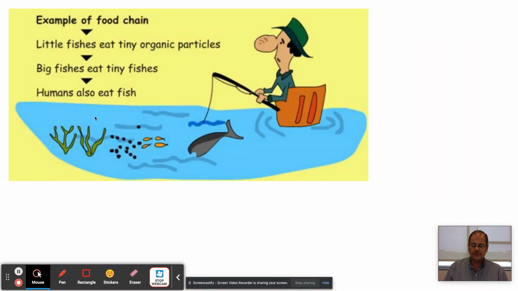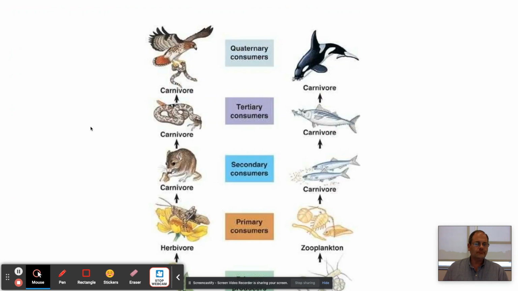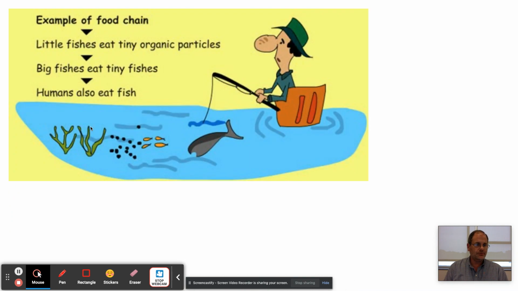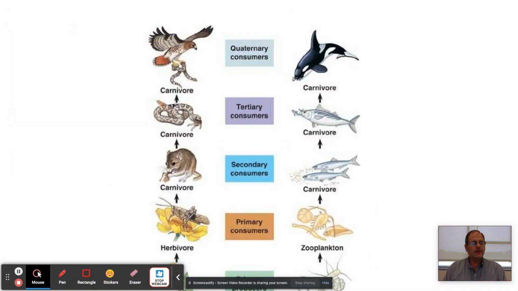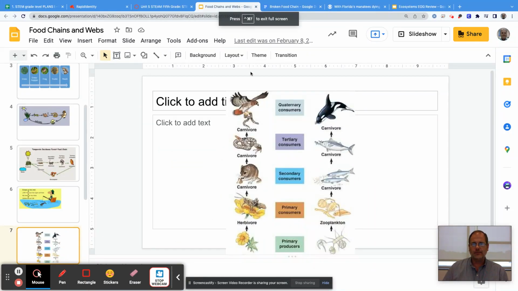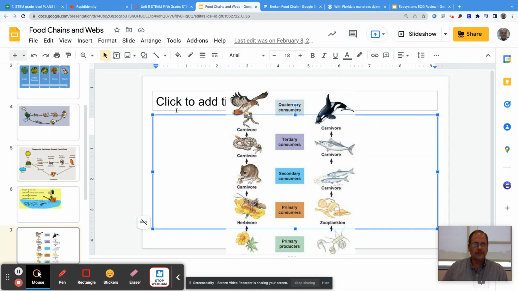And let's go back. The plants are called producers, and everything with a mouth is called a consumer. All right, let's go out of that, because we're going to study more about that in class, and you can take time and learn and read about that. Okay, now,